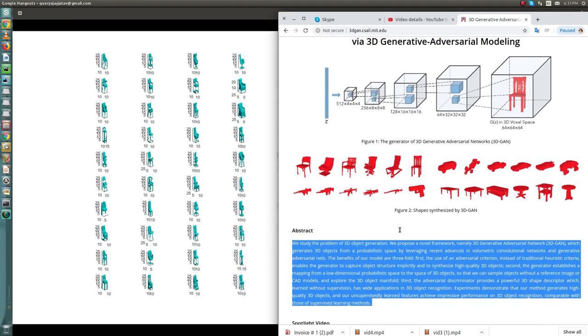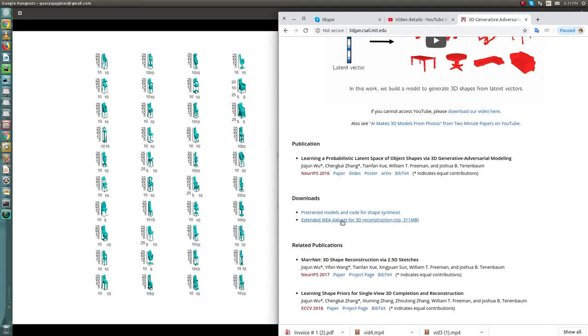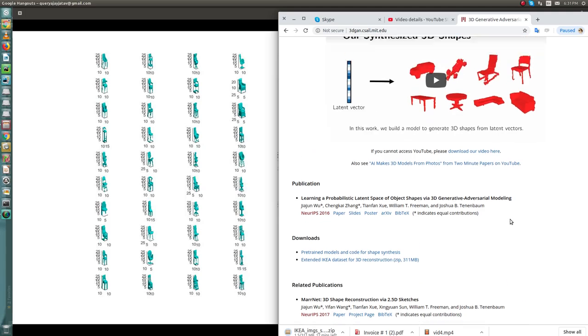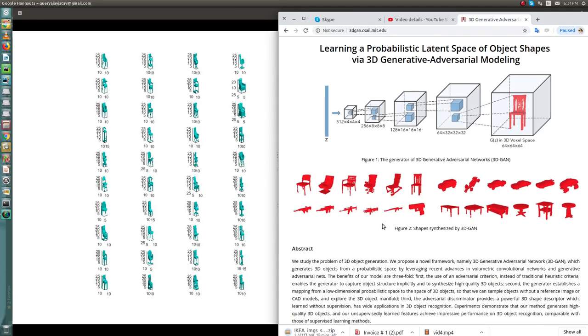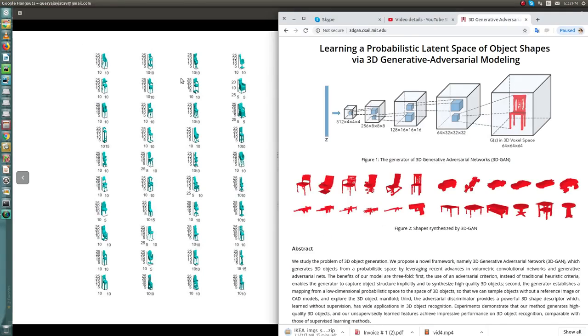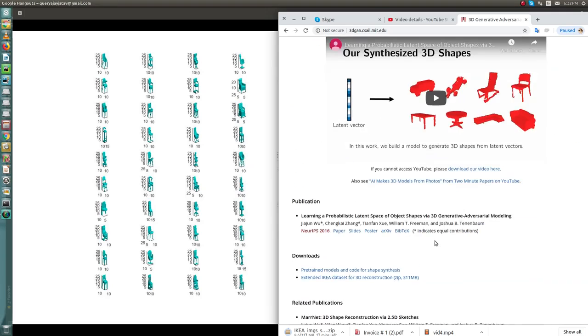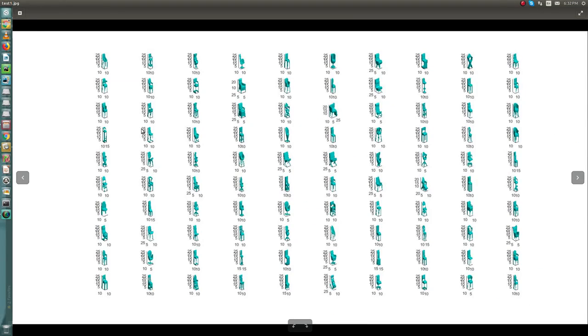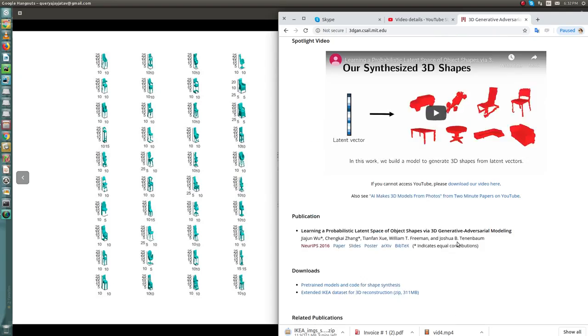They made the dataset open source, so you can also get the data and their pre-trained weights. So I'll move forward. I have the dataset and I plotted all the test objects. I tested this program on the chair dataset. It contains many objects, and once you have the dataset you are able to see all the objects. So let's move forward.